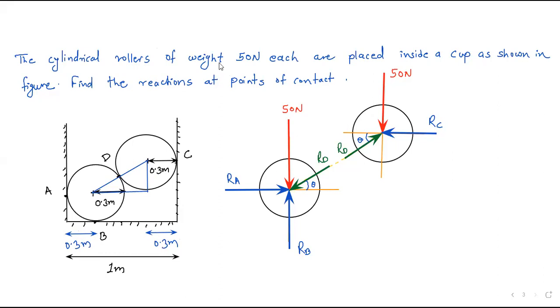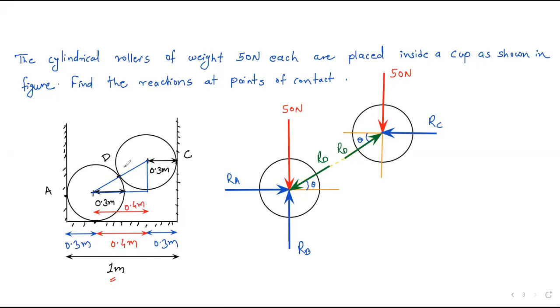And now the next thing is that I want to calculate this distance, this base of this triangle. So this will be 0.4 meter because the total is given to me as 1 meter. So now I know that this base, this total distance from this point to this point, is 0.4 meter.